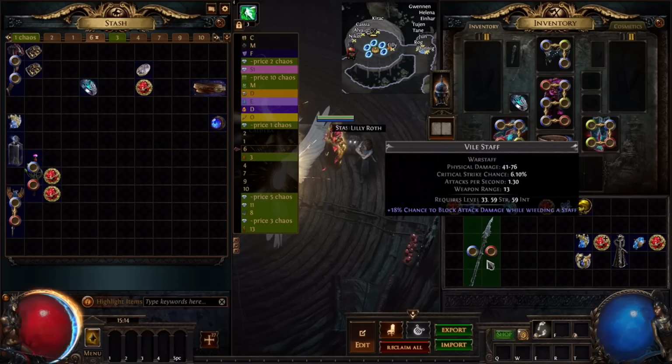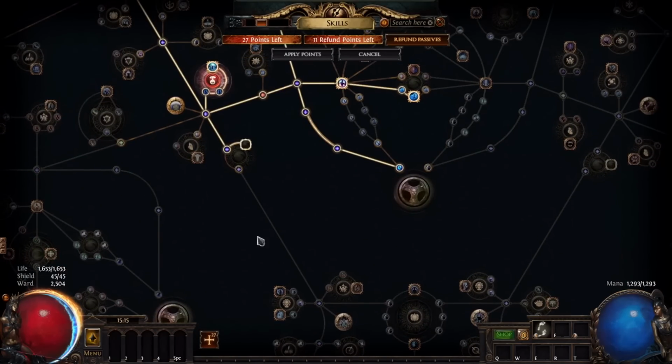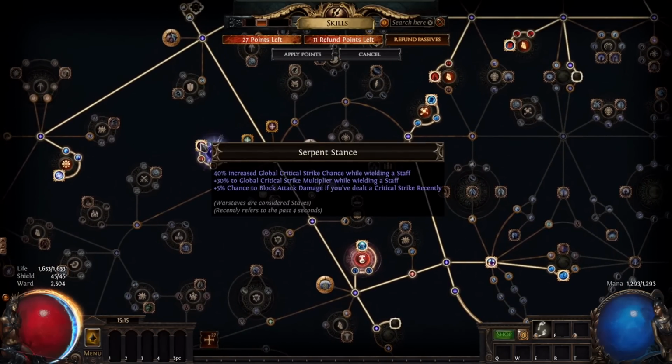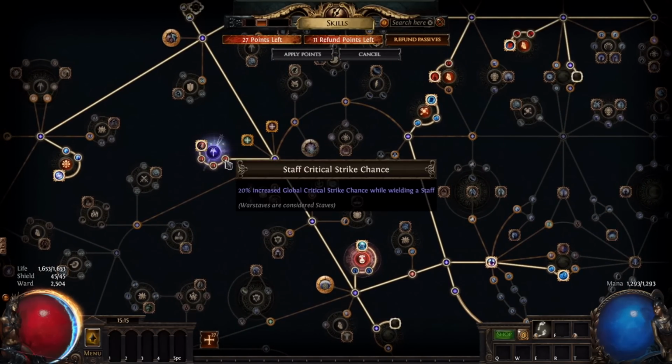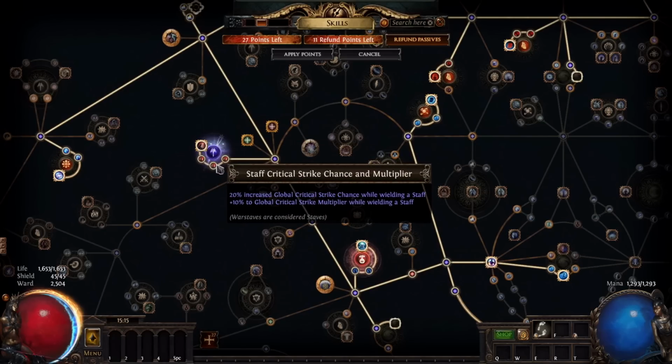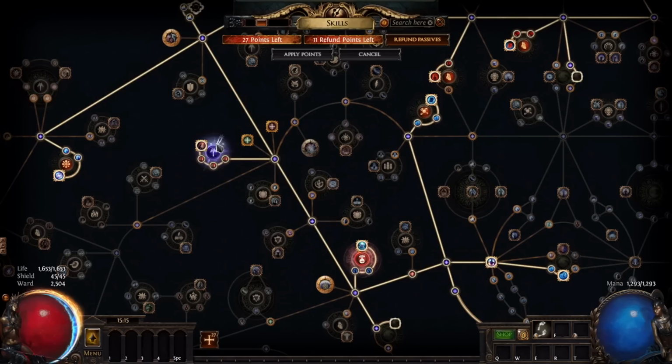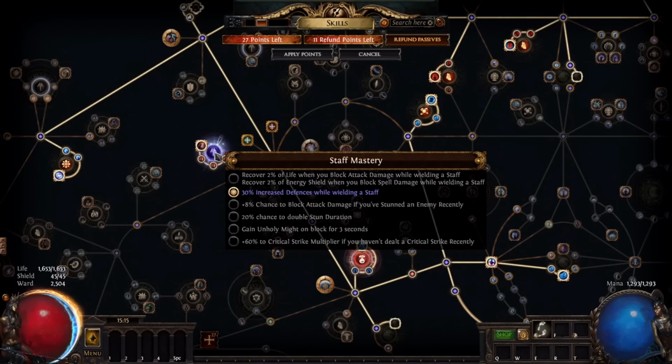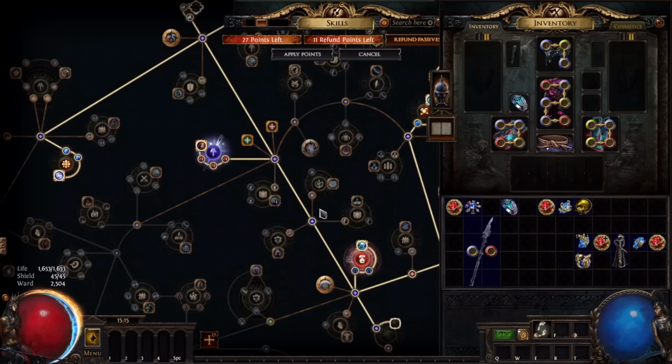And why do I have a staff here? Because here I have these staff nodes that give us critical chance and whatever, but here we have a mastery that gives 30% increased defense while wielding a staff. So we take the staff and we also increase our ward.